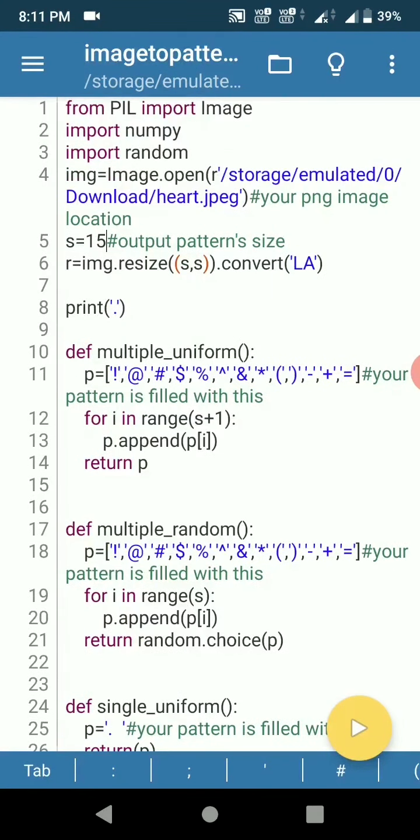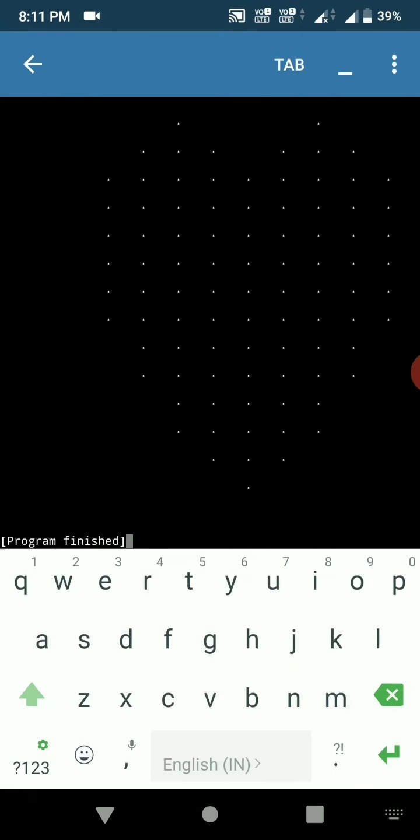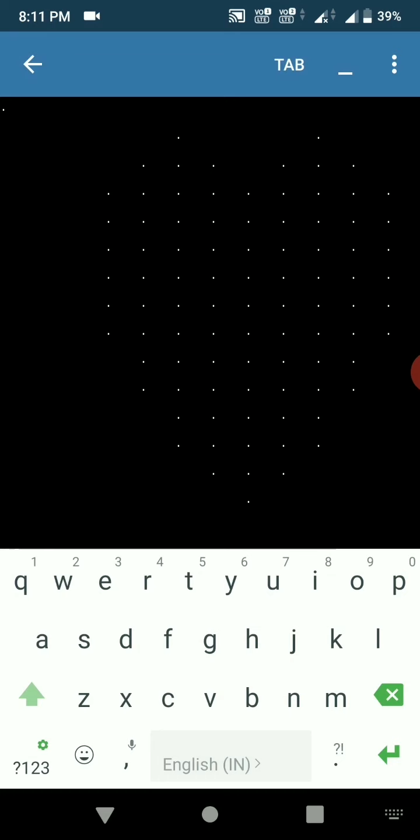Then there is a little one, the print dot. This is to make sure our output is not collapsed while sharing, because many social media will ignore the initial spaces in this message. For example, when I click the play button, without this dot, all these spaces will be ignored from the first line, and these two dots will appear in the first place. This will collapse our output. So this little dot will prevent that from happening.